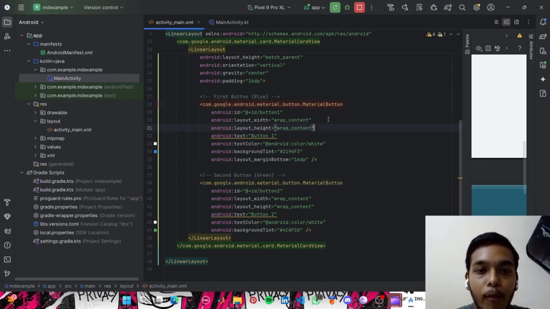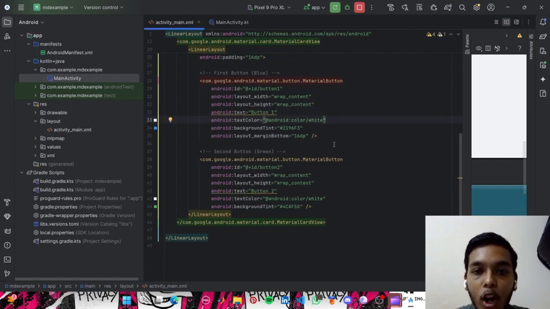For height and width, we give wrap content and match parent, and we can give our own text, background color, and normal color. In the second button I am going to give the id button2, because two different buttons should have two different ids. Again we can give our own background color, and at the last we have to close the